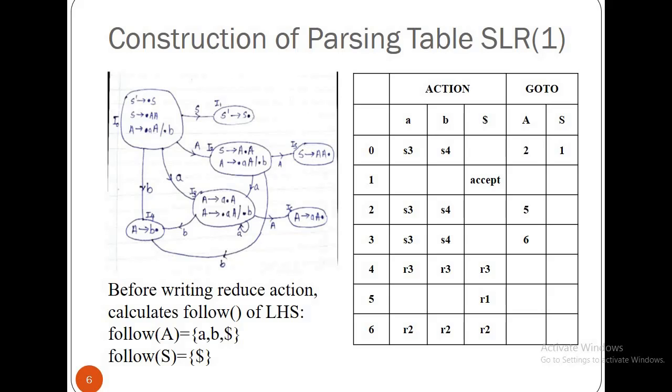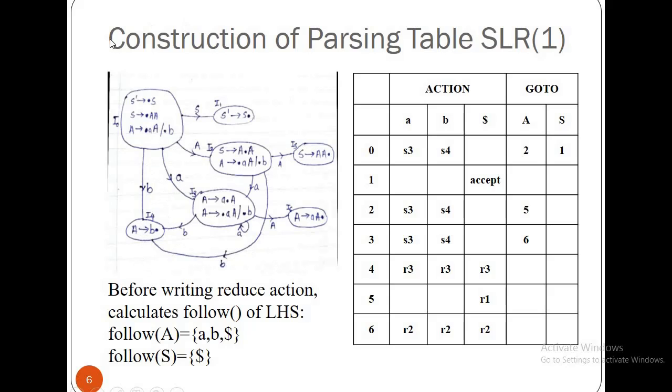So, and which gives you SLR1, the simple LR1 parser. Obviously, in this, S stands for simple, L stands for the parser scanning the input string from left to right. This L is written, and this R is written for the reverse of rightmost derivation, and this one gives you the lookahead, the number of lookaheads taken into consideration.